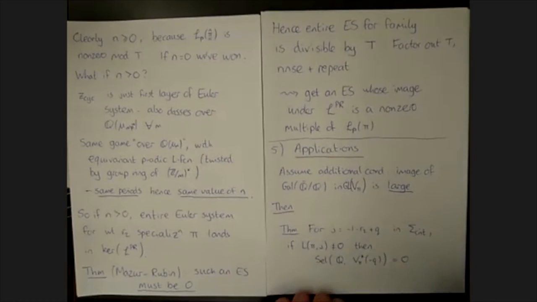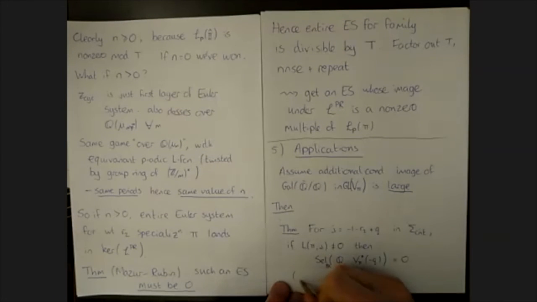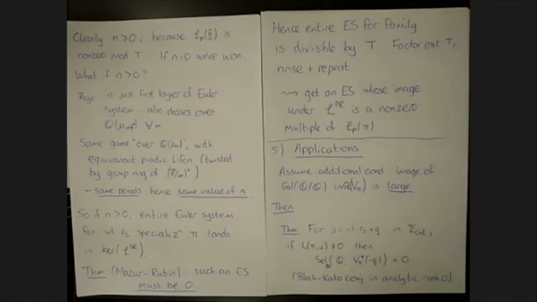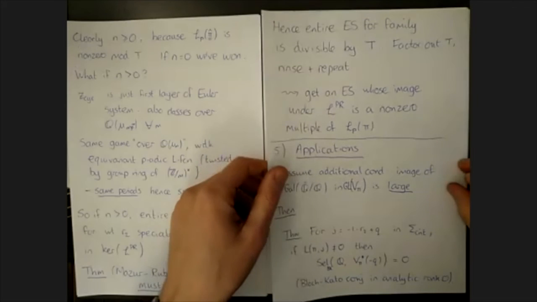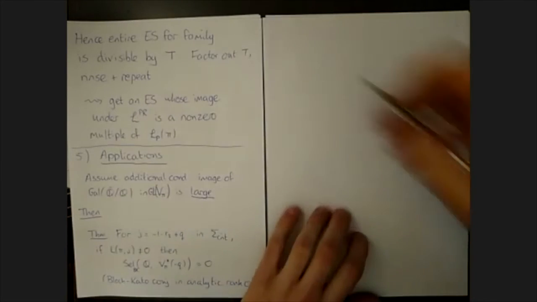So this is the Bloch-Kato Selmer group. And this is what we call the Bloch-Kato conjecture in analytic rank 0 for the critical values of the L-function. And I just want to note